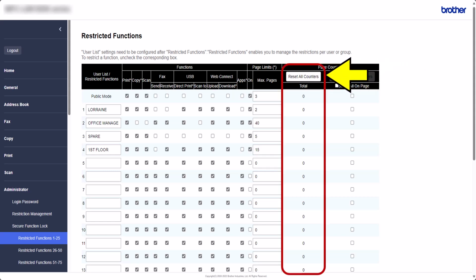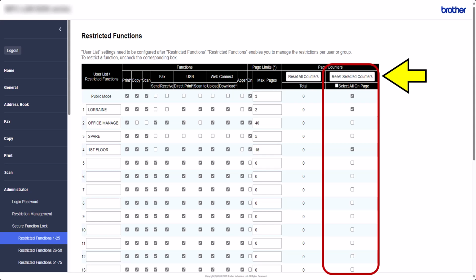To reset all counters, select Reset All Counters at the top of the column. This will then reset the current counter for all users. If you want to reset specific users, select the account to be reset, then select Reset Selected Counters at the top of the column.